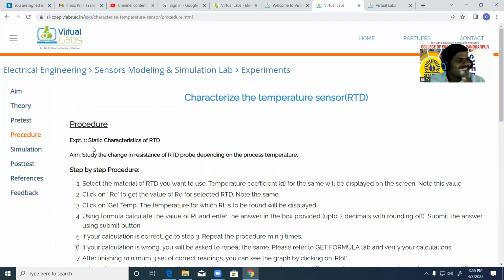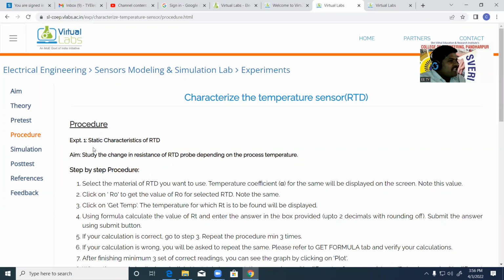Now, don't go in reverse. Which is the non-electrical parameter? What is the definition of a sensor? Non-electrical to electrical, or it senses the physical parameter and the output is in the form of electrical. Okay. So temperature is the non-electrical or physical parameter. Right. If the temperature changes, it will occur.